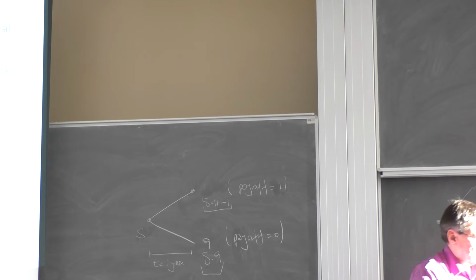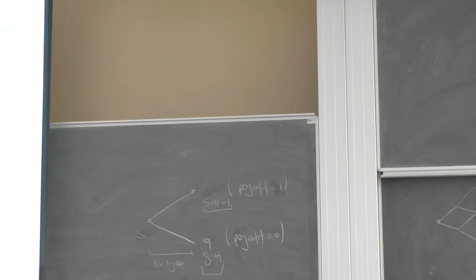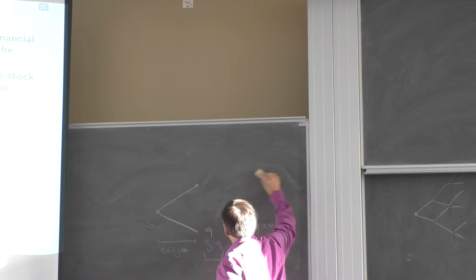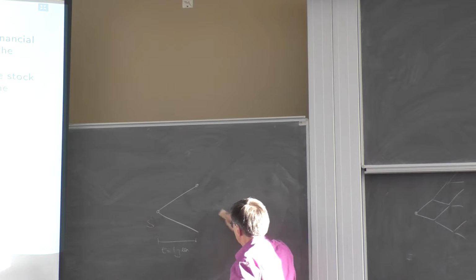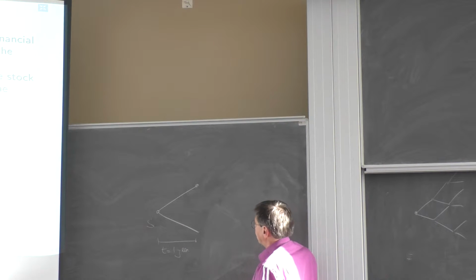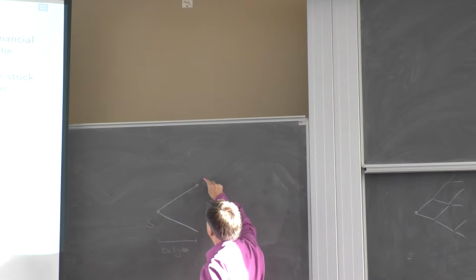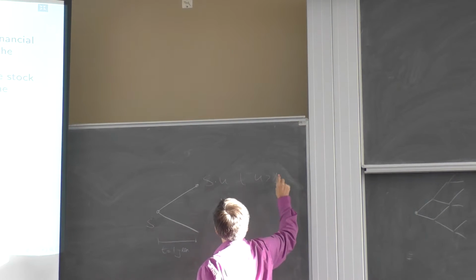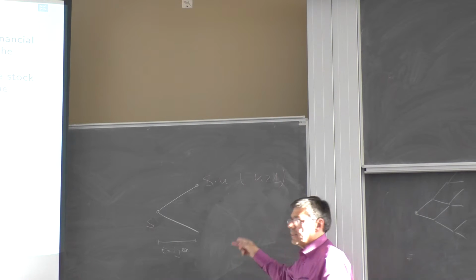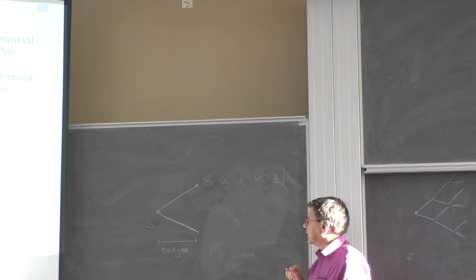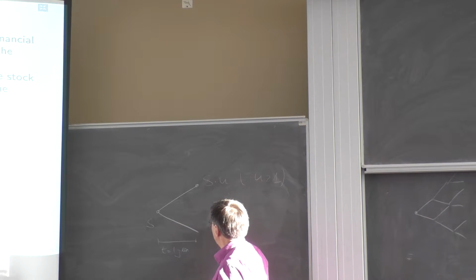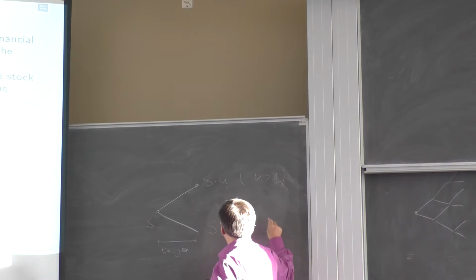So suppose that the underlying asset price can go up by a factor of u. So if it goes up by a factor of u, s becomes s times u, and u is some number which is greater than 1. Or the other state of the world we can find ourselves after t years is that the underlying asset price goes down by a factor of d, and here d is some number between 0 and 1.